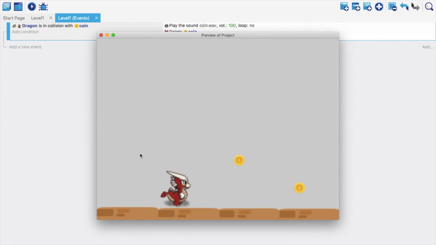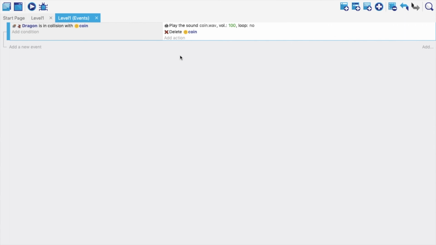So if you see, it just got collected, though my dragon is there only, but it's not giving me any kind of repetitive sound. This is much better, guys. So instead of hiding the coin or hiding the object, we should delete it. Otherwise, if there is no sound effect or scoreboard, then there is no problem. You have created the illusion of collection of the coin. But if you're adding scores and sound effects, then obviously it's going to hamper the game and the code, and it will not work correctly. So this is really important.